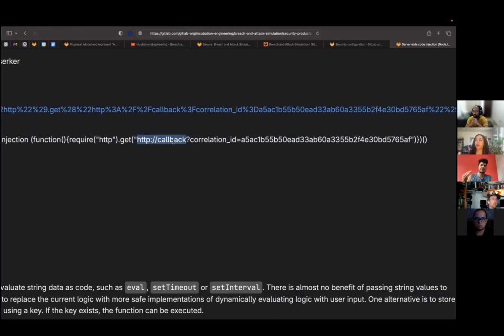So within the execution of the DAST analyzer, we're running that inside of GitLab CI. And on a Docker executor, we have the ability to run other service containers. So I introduced a simple HTTP callback service. It's very minimal, but it's ours and it's a greenfield project. So we can tailor-make it to listen to HTTP requests and record whatever you get back, and also provide the ability for the browser analyzer to send a request with the correlation ID. And once that request has been sent with the correlation ID,